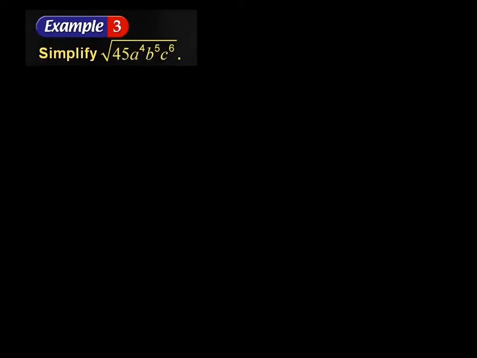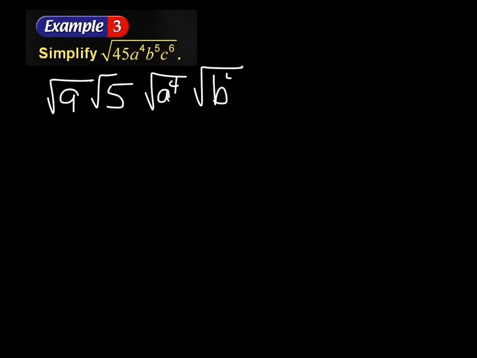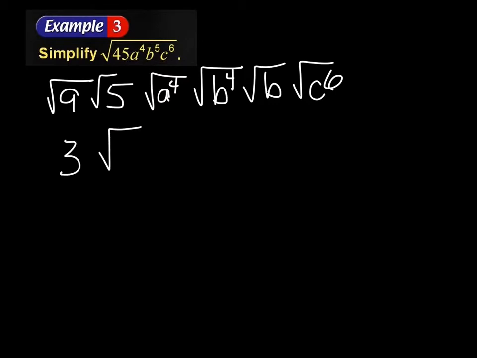The square root of 45, I could rewrite that as 9 times 5. A squared is a perfect square. I could take a squared times a squared and get a to the 4th. B to the 5th, I could rewrite that as b to the 4th times b, and c to the 6th is even, so that is also a perfect square. Square root is the same as the 1/2 power, so I can divide my exponents by 2. That's nice. Okay, so I've got 3 square root of 5, and then for my variables,